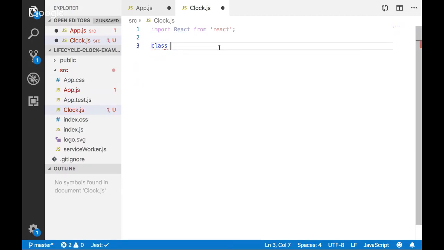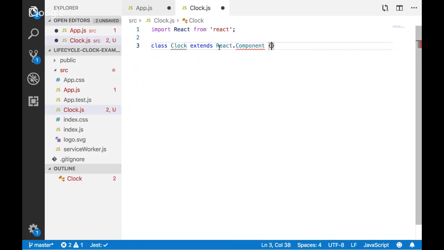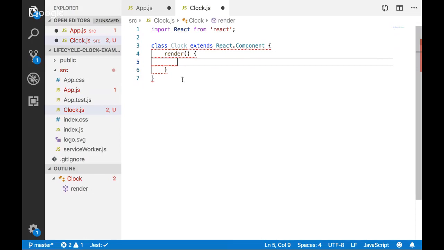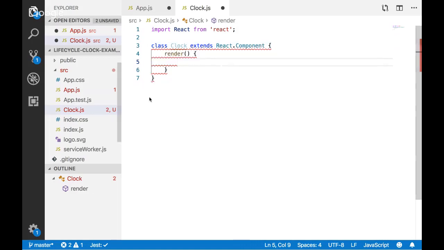And then I'm going to create this class called Clock that extends React.Component. And I've got one thing that's a requirement, as we said, which is render. You have to have a render method inside of your component. And you'll see it's even complaining here: our render method should have a return. So for now, I'm just going to return null, which is actually a valid value to return from a component. It's special in that it's one of the only non-element, non-React-element things you can return, but null qualifies as well.